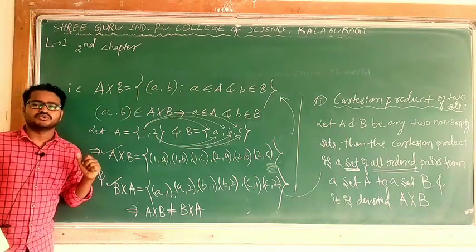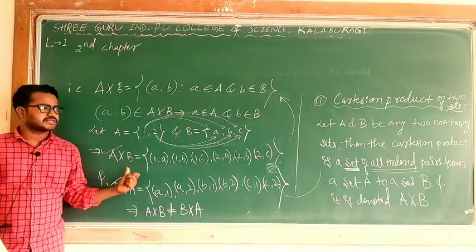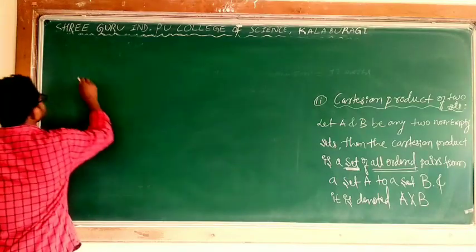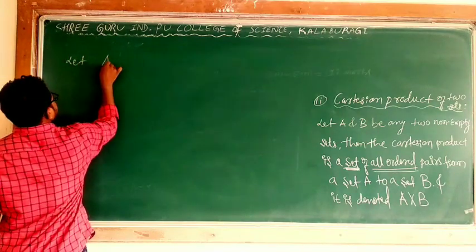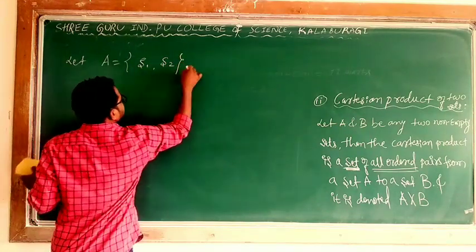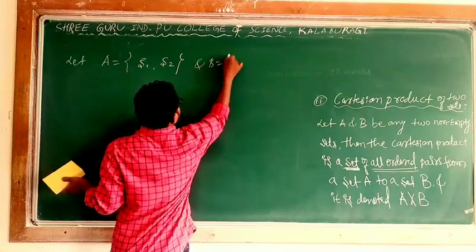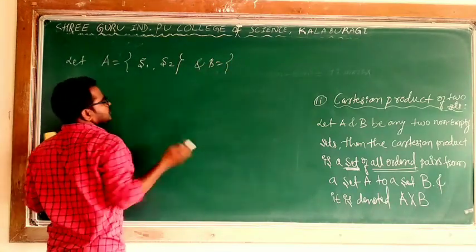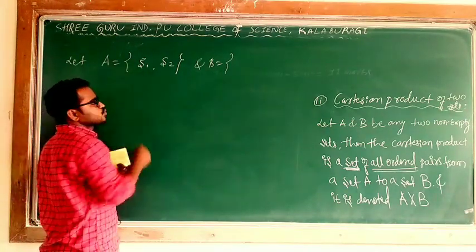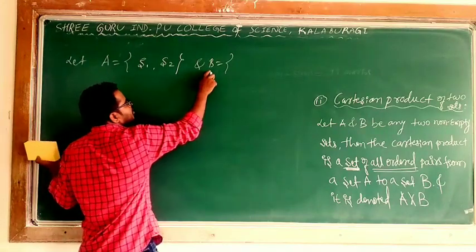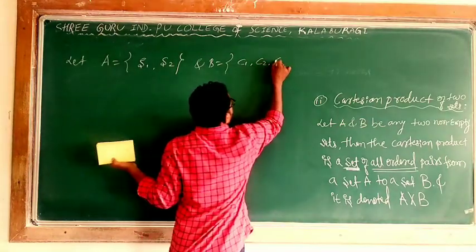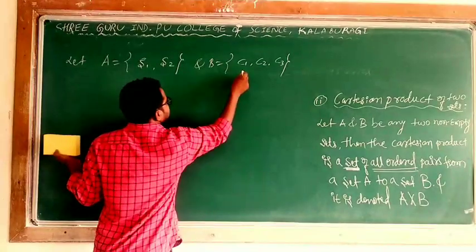So what is the use? I can take one simple example. For example, let A be one set. A has two students, S1 and S2. And B is another set, which I can say is a box. A is the class, and in that class we have S1 and S2 as two students. I have one box, and in that box I have chocolates. The first chocolate is C1, the second is C2, the third is C3. These are the chocolates.